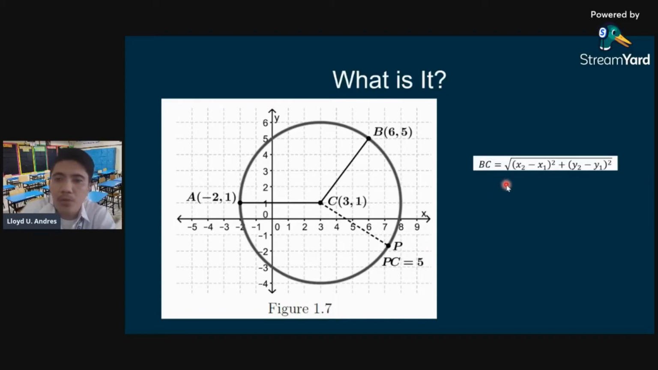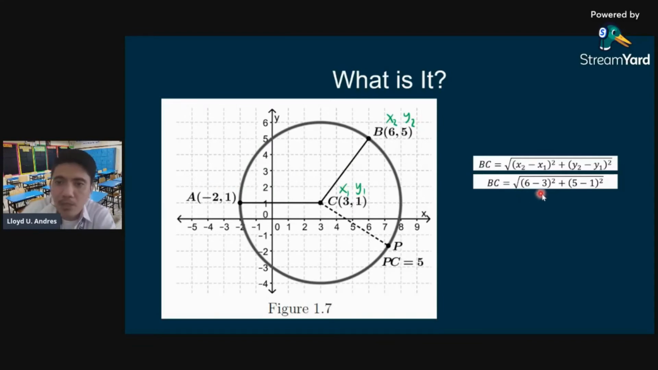we will use the formula square root of the quantity x sub 2 minus x sub 1 squared plus the quantity y sub 2 minus y sub 1 squared. Based on this figure, x sub 1 will be 3, and y sub 1 will be 1. And for our x sub 2, that is the x coordinate of B, and y sub 2 will be the y coordinate of B. So substituting the values, the distance will become square root of